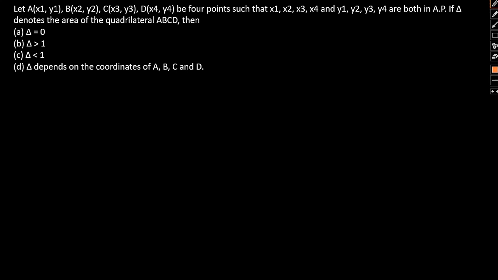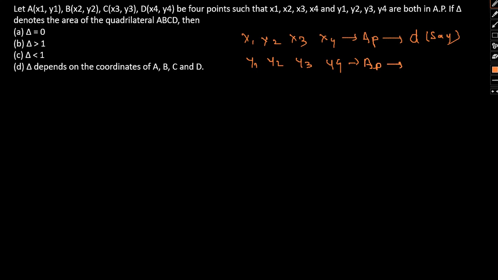Now it is given that x1, x2, x3 and x4 are all in AP. So assume that their common difference is D. Again, y1, y2, y3 and y4 are all in AP, so I'm going to assume that their common difference is D1. Okay, I'm assuming this. Now